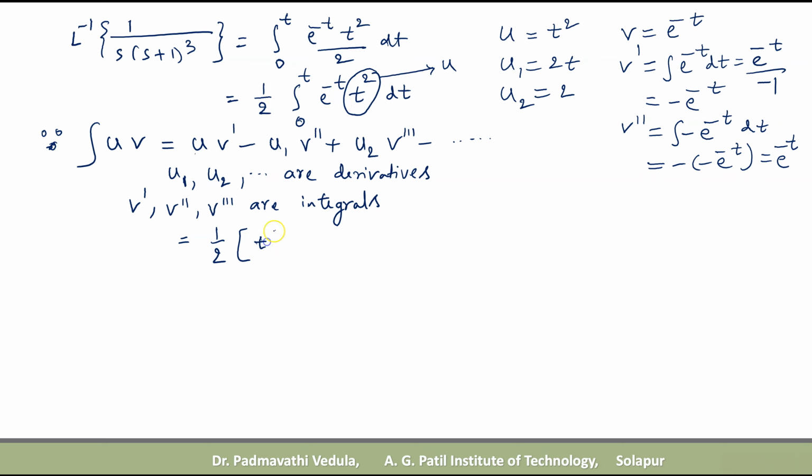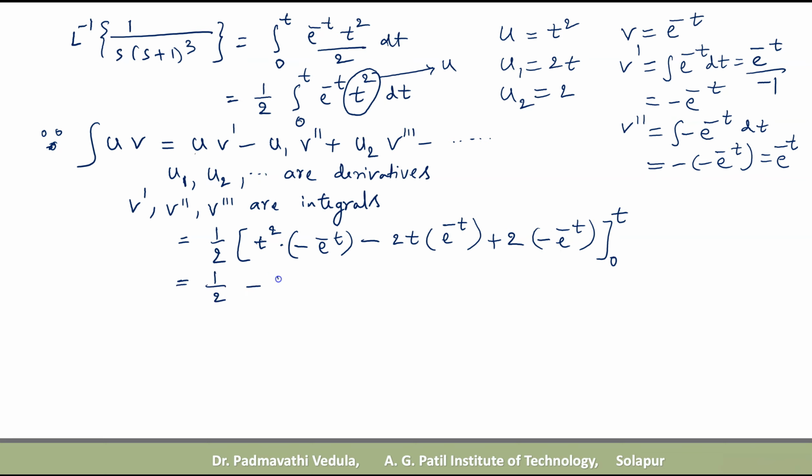In the place of u, we should write t square into, in the place of v dash, we should write integration of e power minus t, that is minus e power minus t, minus derivative of t square, that is 2t, integration of this minus e power minus t, that is e power minus t, here plus derivative of 2t, that is 2, into again integration of e power minus t, that is minus e power minus t, under the limits 0 to t, which is equal to 1 by 2 into minus